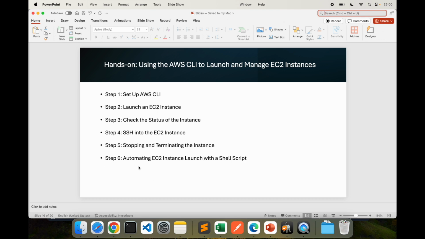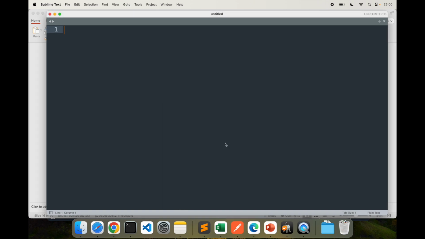And finally, let's look at automating EC2 instance launch with a shell script. So in this case, we've seen all the commands that we did. You can do the same thing using a shell script, where you can automate the process of launching an EC2 instance using a simple script. Here's an example script. I can just create a sample one and show you. So this is a bash script. Usually a bash script starts with something like this,